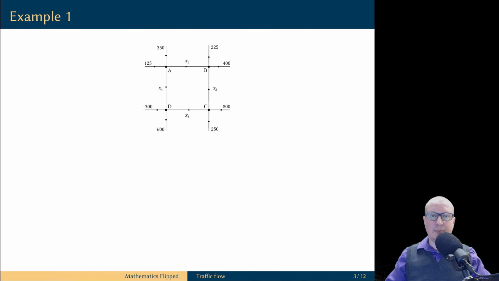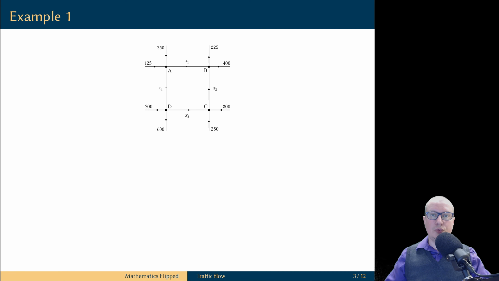Let's look at an example of such a traffic flow problem. We have 4 one-way streets which form 4 intersections. So we have 4 nodes in the network which are labeled by letters A, B, C, and D. All branches have arrows which indicate the direction of the traffic flow. The numbers correspond to the rate of the flow of the traffic. Our goal in this example is to balance the network.